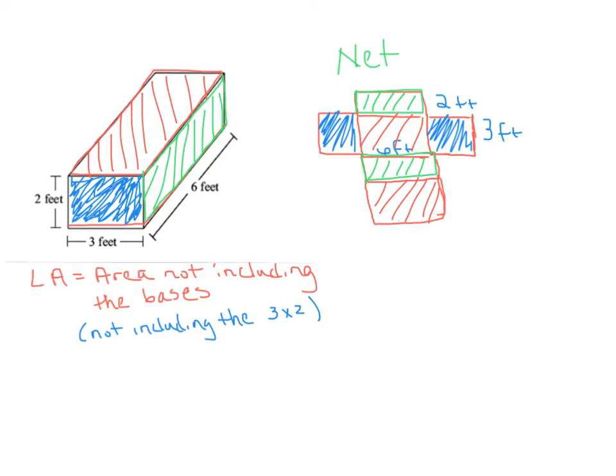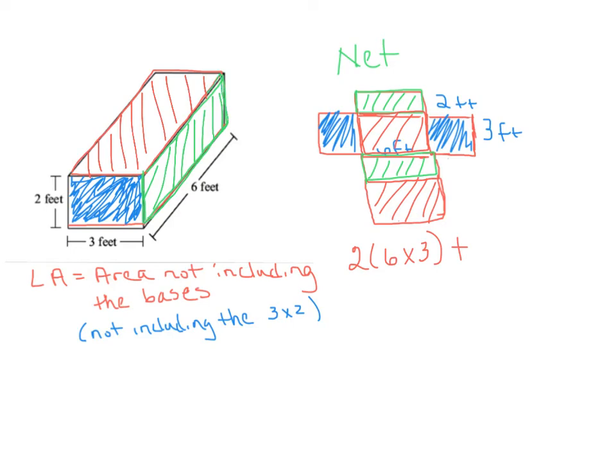So let's begin with the top and the bottom. So the area of the top, that particular rectangle is a 6 by 3. So a 6 by 3 is the top, it's red. And we have two of those. So we would multiply 2 times 6 times 3. And then we're going to add that to the left and right, which in green represents a 2